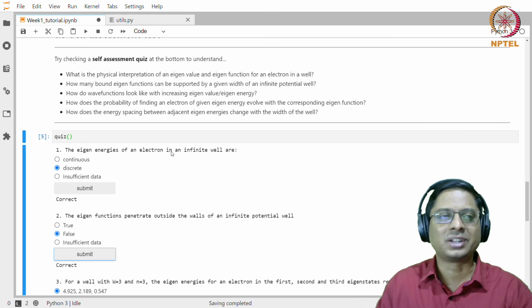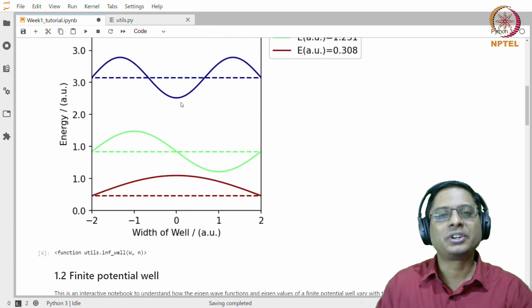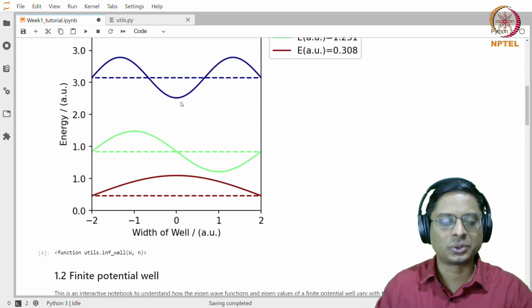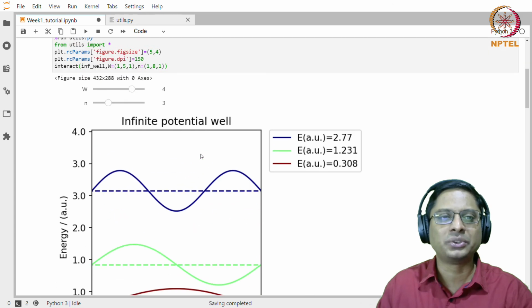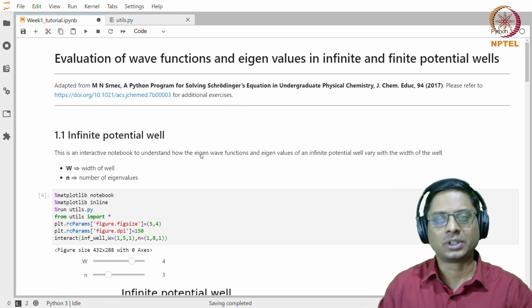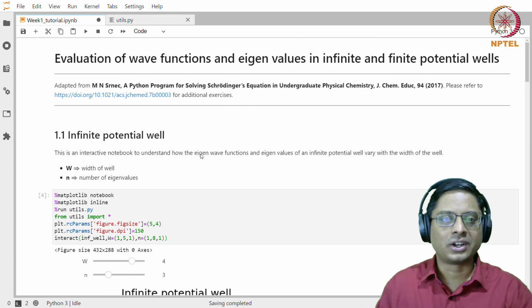So this is the short demo that I wanted to do, and I'll put it on GitHub. It will be an open resource, a GitHub repository which you can use and download. We will also add a note on how to run it. If you are interested in coding, you could check it out.